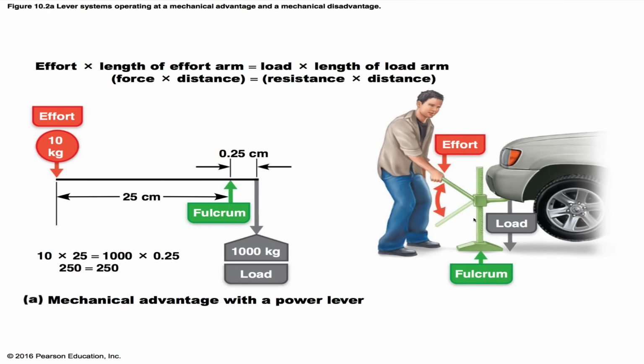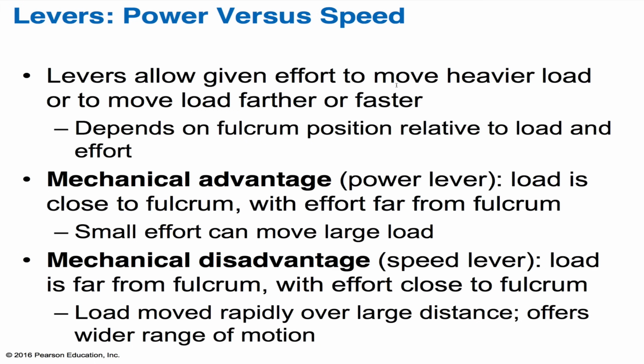You're just increasing the distance from where the effort is being applied to the fulcrum. So the longer this distance is, okay, the less effort you have to apply to move the load. On the other hand, if the load is far from the fulcrum and the effort is applied near the fulcrum, the force that's exerted by the muscle has to be greater than the load to be moved or supported. And we say that this type of lever system operates at a mechanical disadvantage, and we term this a speed